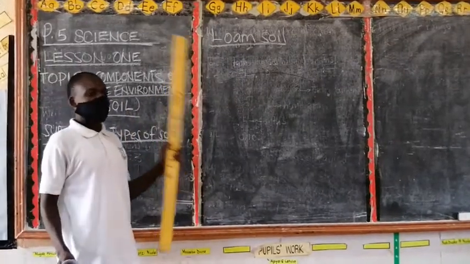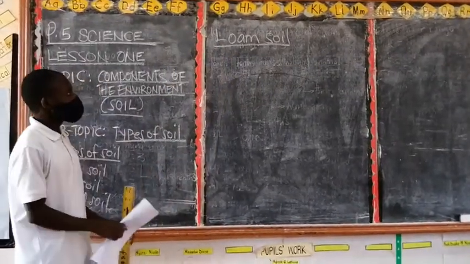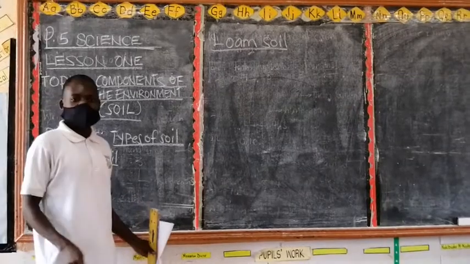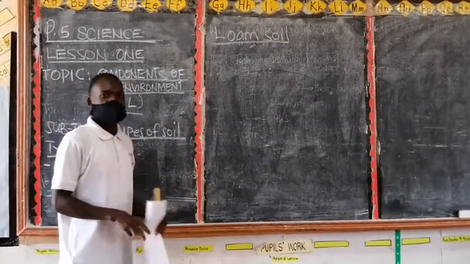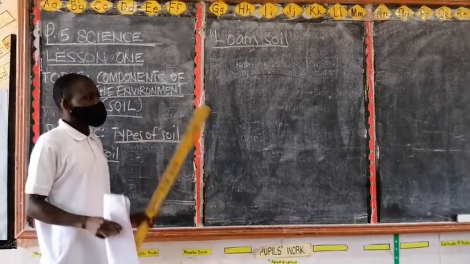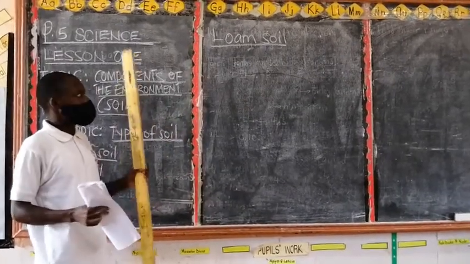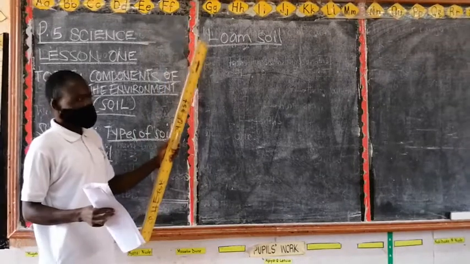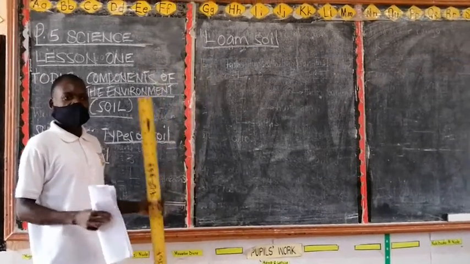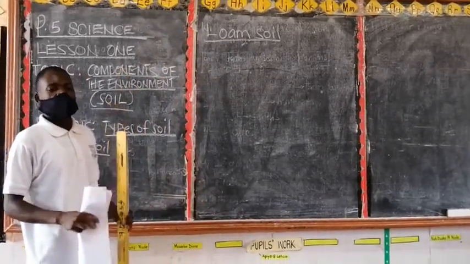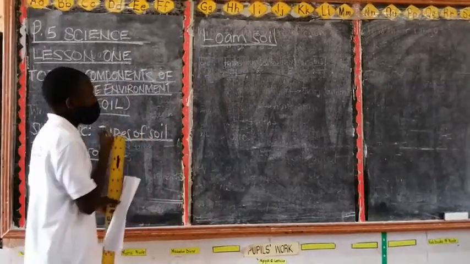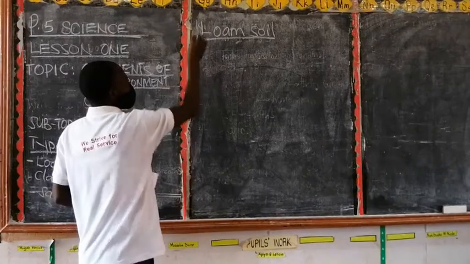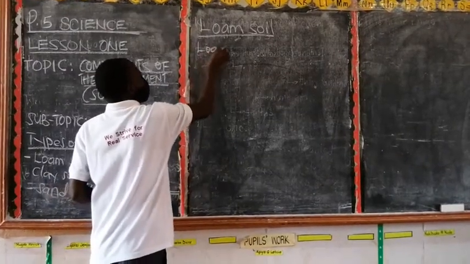Loam soil is used for growing crops. The crops we see here in our environment are grown on loam soil. And why is loam soil used for growing crops? Why is it suitable for growing crops? The reason why loam soil is suitable for growing crops is that loam soil